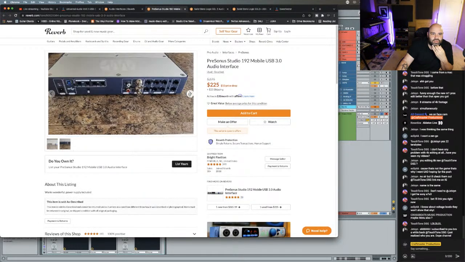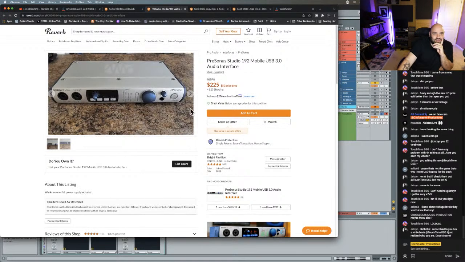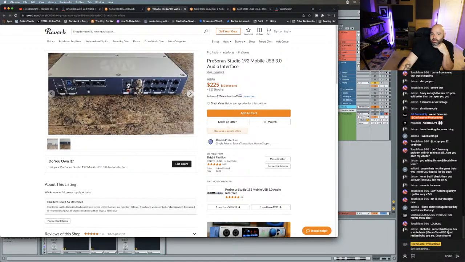Dude, this right here, for 225, bro. This right here is the deal of the century. This interface right here. This is what I used to run before I got the Claret. And this is awesome.